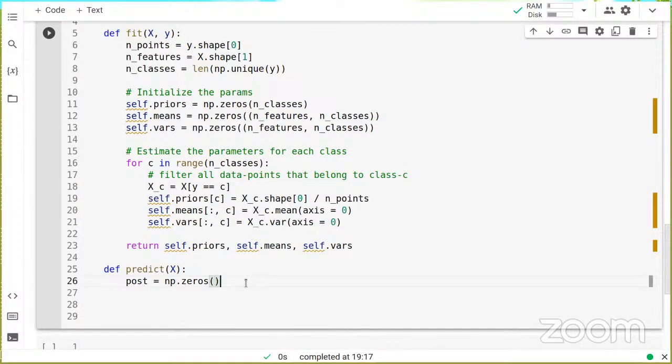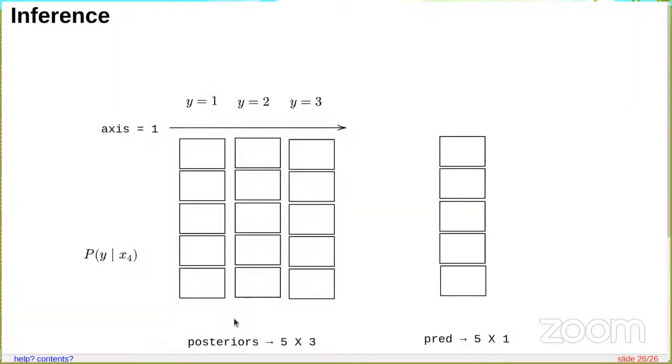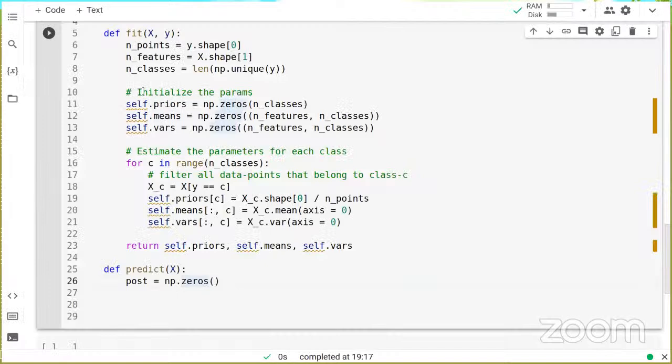Classes by features. Features by classes. So you're saying n features cross n classes, is it? Okay, think again. I'll show you the image. The opposite, classes. Okay. The posterior. See, there are 5 data points. I need to predict the label for 5 points. And if I want to predict the label, I need to know the probability of 5 points, in the sense it's the number of samples. Number of samples is 5. N cross class. Yeah, so number of samples by classes.